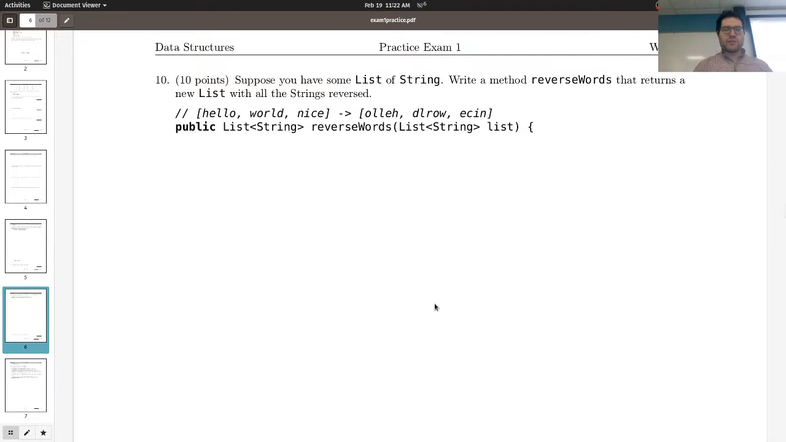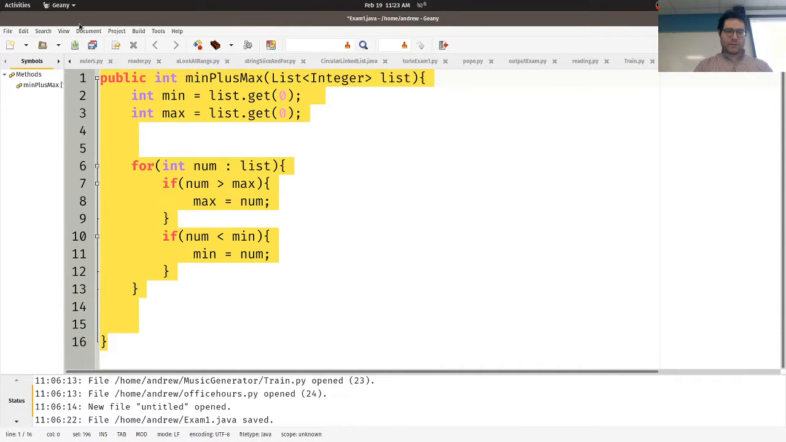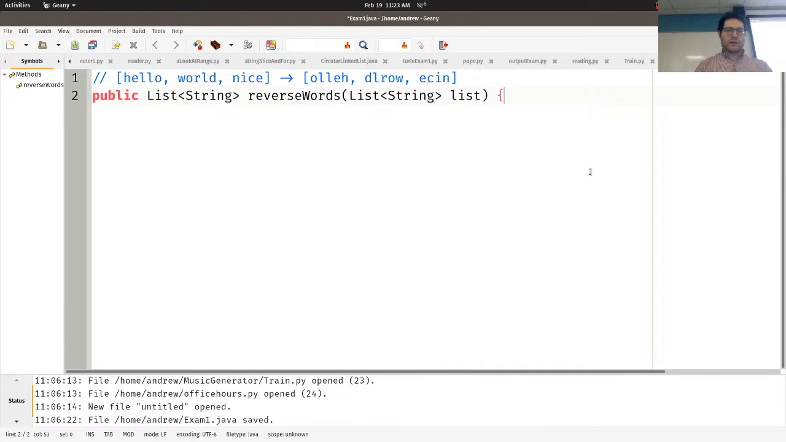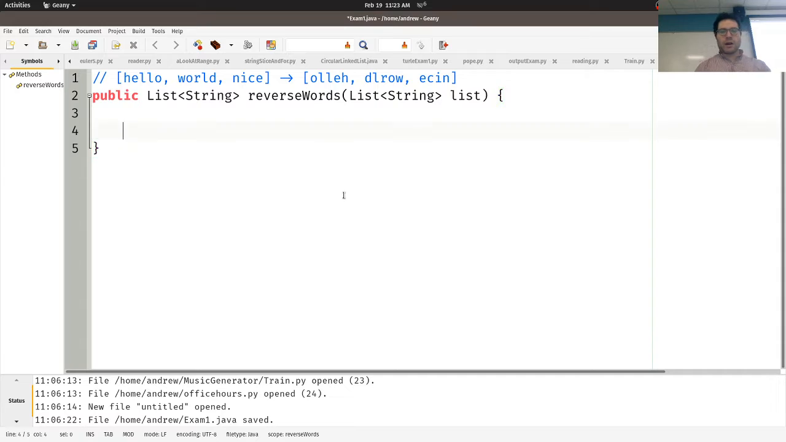Reverse words. Suppose you have some list of strings. Write a method, reverseWords, that returns a new list with all the strings reversed in it. Okay. So what we need here again is a new list. So List<String>